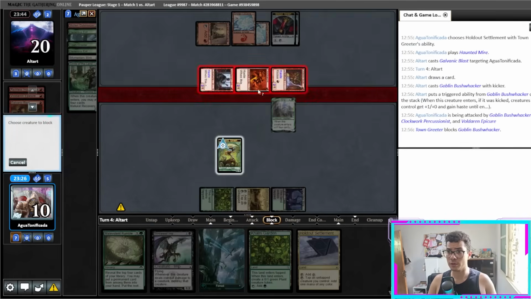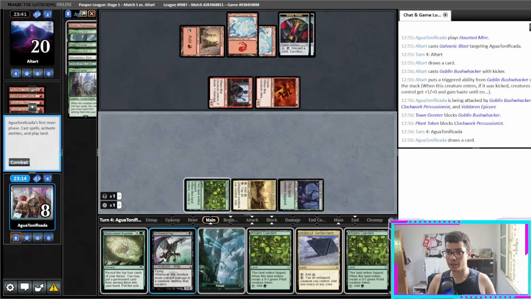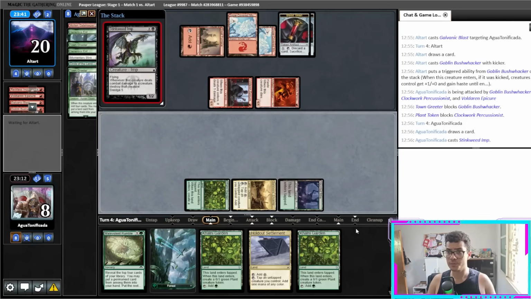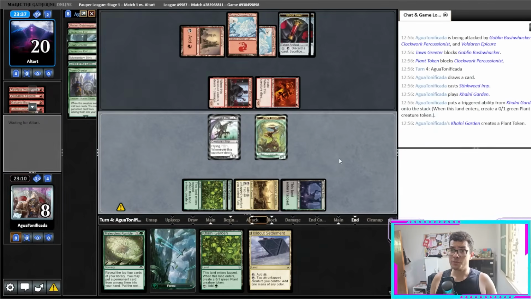Okay, so we are gonna block. We are down to 8 life, which is not great. I do think we're gonna have to get a little bit lucky here. So I am just gonna throw down a couple blockers. I do have the Momentary Blink, which could allow...